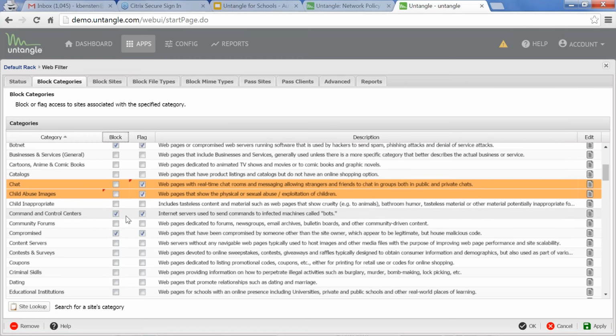The traffic will still be passed, but it will show up on a report, a flag report. So then you can really drill down and say, while I want to have access to Facebook because there are some educational functions there, I don't want my kids being able to message or stream games or stream videos and those sorts of things. So the flagging functionality within the web filters is actually a huge benefit. Keep that in mind if you are going to trial, if you're going to put us in a bridge and run us transparently, just to check us out. I would recommend instead of blocking, I would flag so that you have visibility to what's actually happening on your network.